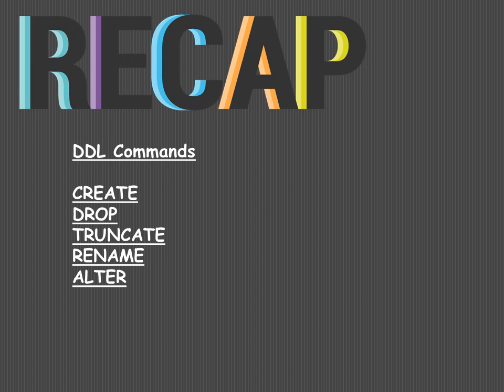Next we have the alter command. The alter command is actually used when you want to modify the name of the column, or we can say the data type of the column. If you want to rename a column name, all these things you can do using the alter command. So we can say that the alter command is used to add a field or column or delete a column in your table. It can also be used to change the name of the table.